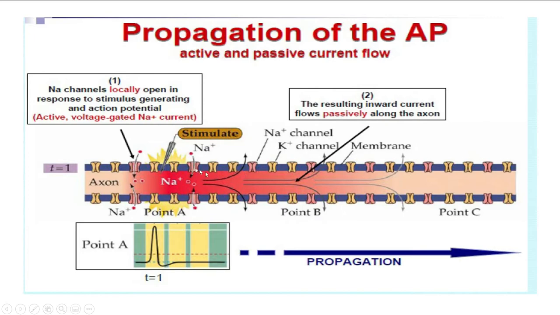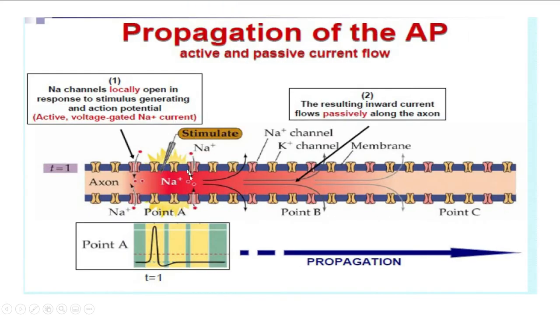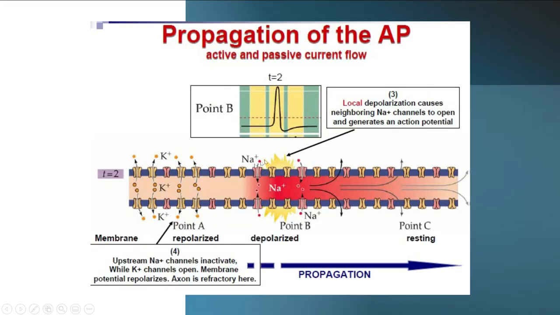So you can see initially we need to stimulate a particular small portion to create an action potential, and then it will passively move in the forward direction. In the previous picture we stimulated only this part, and then it is moving in the forward direction. And in this picture we have stimulated this part, and you see the sodium, or the positivity, is moving in this direction. So the propagation of the action potential has been done.